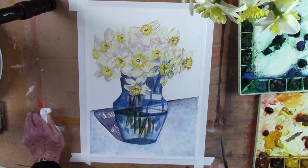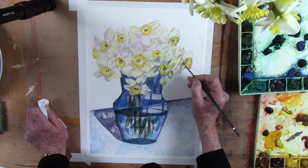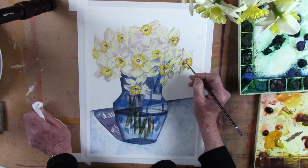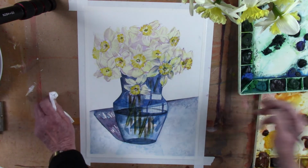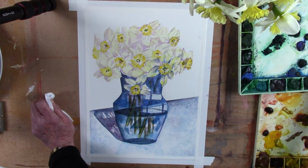Okay, I'm going to do one more. And then I'll go off camera and finish up the rest. And then we'll come back and see what to do about the background. So here is the center of this flower. And then I'll take a little bit of the manganese blue, as we did before, and put some of that